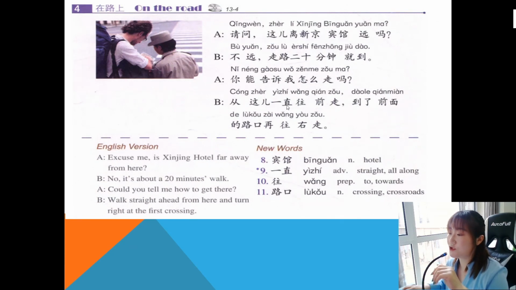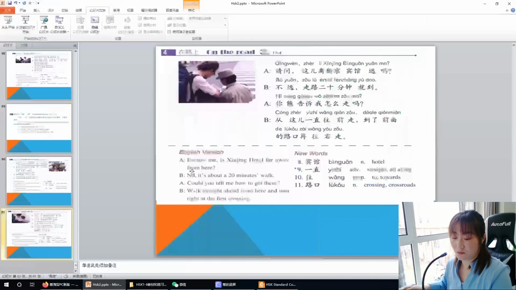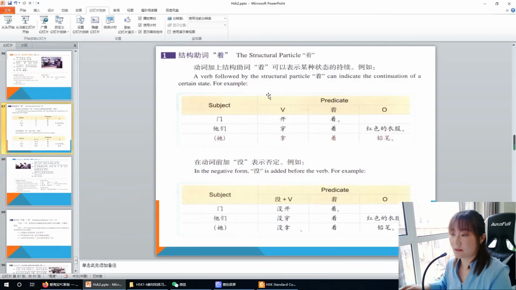从这儿一直往前走，到了前面的路口，再往右走。So read again. 从这儿一直往前走，到了前面的路口，再往右走。Okay, so this is all for today, and we learned the new grammar and the structural